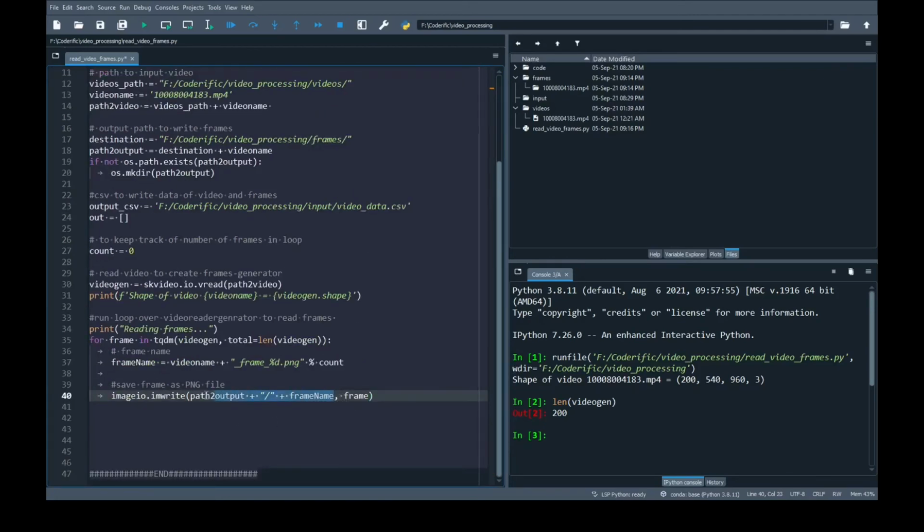So before comma, everything is related to path, and after comma is my image data or frame. Now it's time to update our count variable,